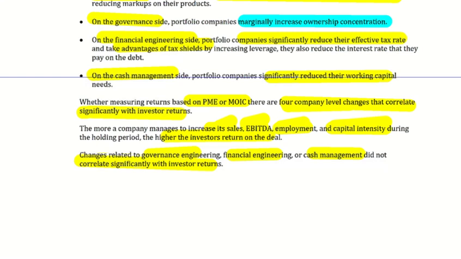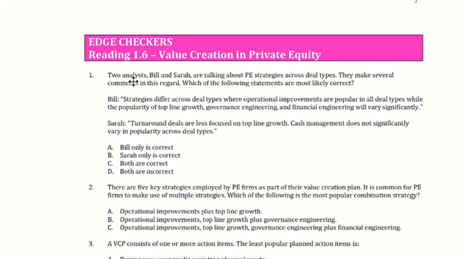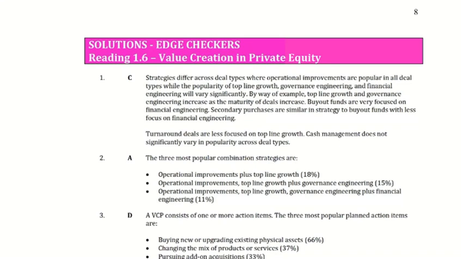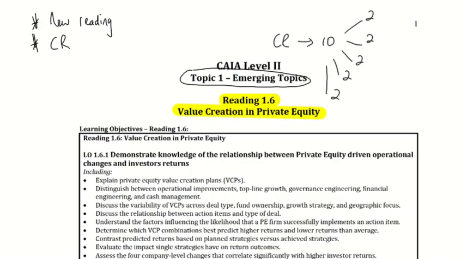Guys, coming out of this particular reading, we give you some EOC checkers there on page 7 and some solutions to those on page 8. But coming out of this reading, the content is not difficult to take in, fairly gentle to understand, but the challenge is to remember where everything fits in: what added value, what didn't add value, which strategies did, which strategies didn't, which specific action points added value, which didn't. It is a little bit challenging in that respect to try and retain all of that information.